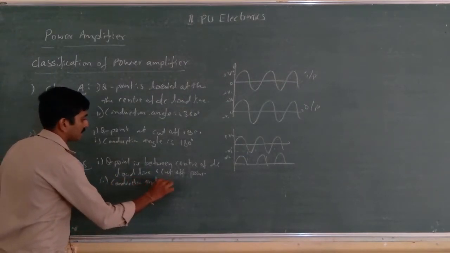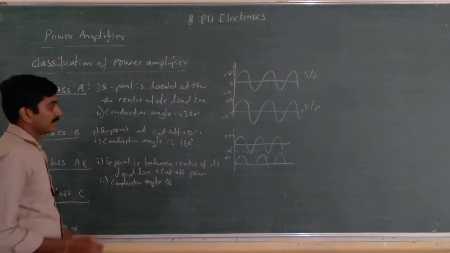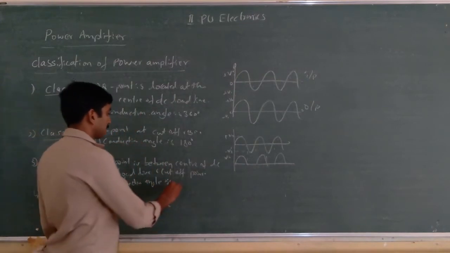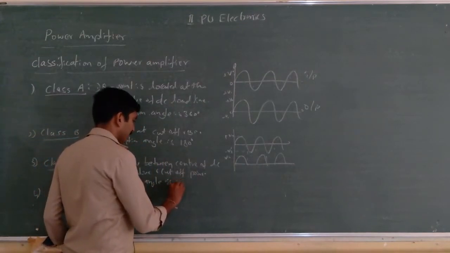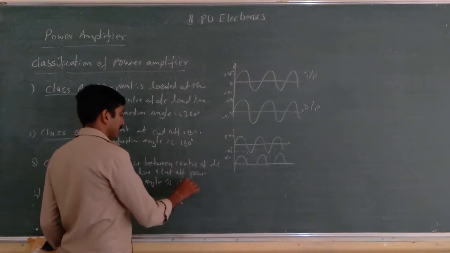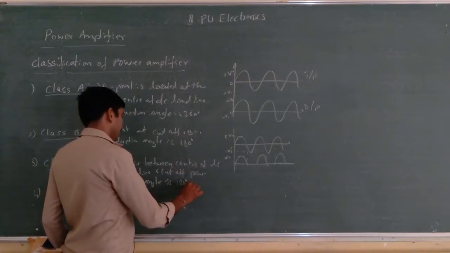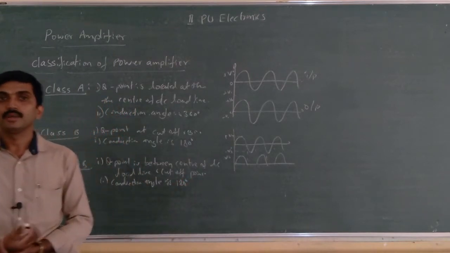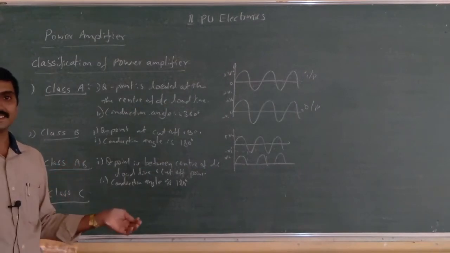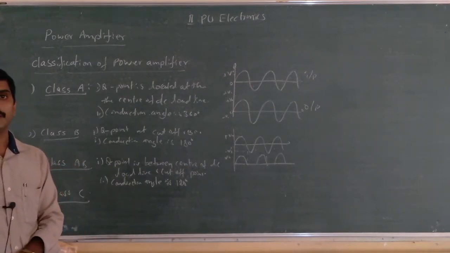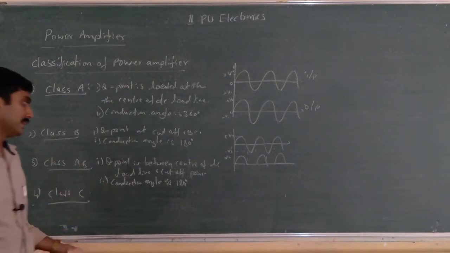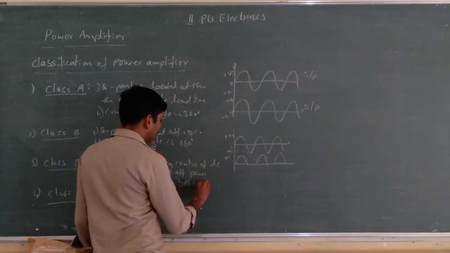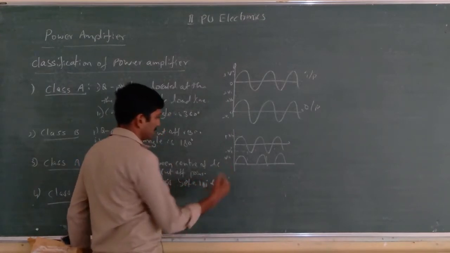can you tell me, the conduction angle is above 180 degree. It conducts more compared to class B. So conduction lies between 180 degree and, how much can I say, less than 360. Complete 360 degree is not achieved. Less than 360 degree, above 180 degree. The angle is between 180 degree and 360 degree, that much I can say.